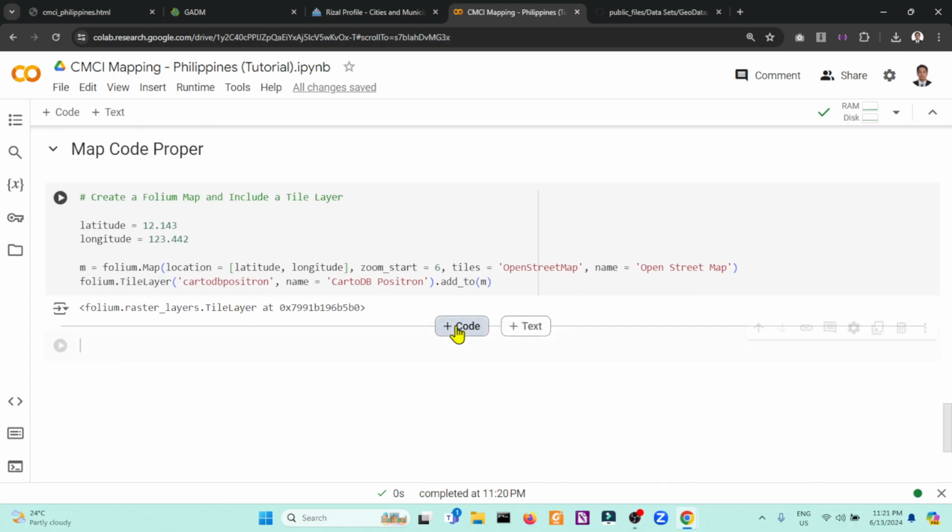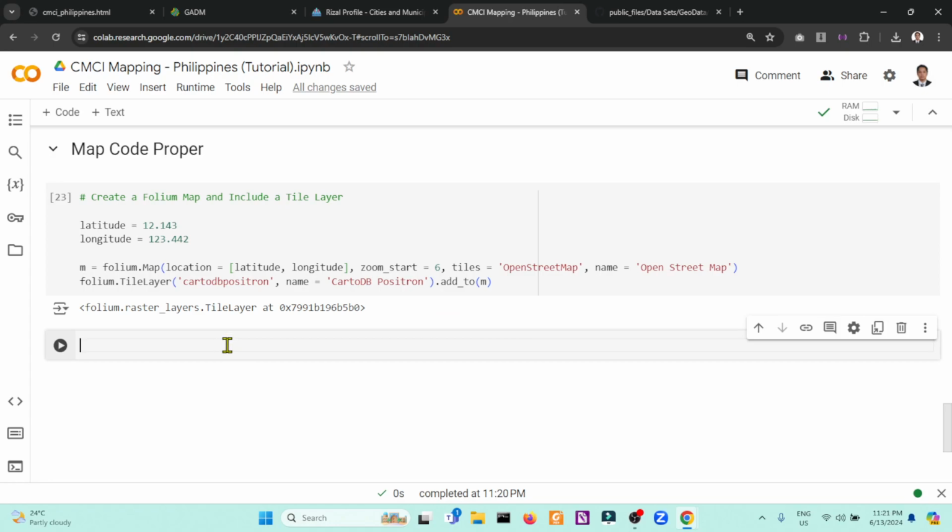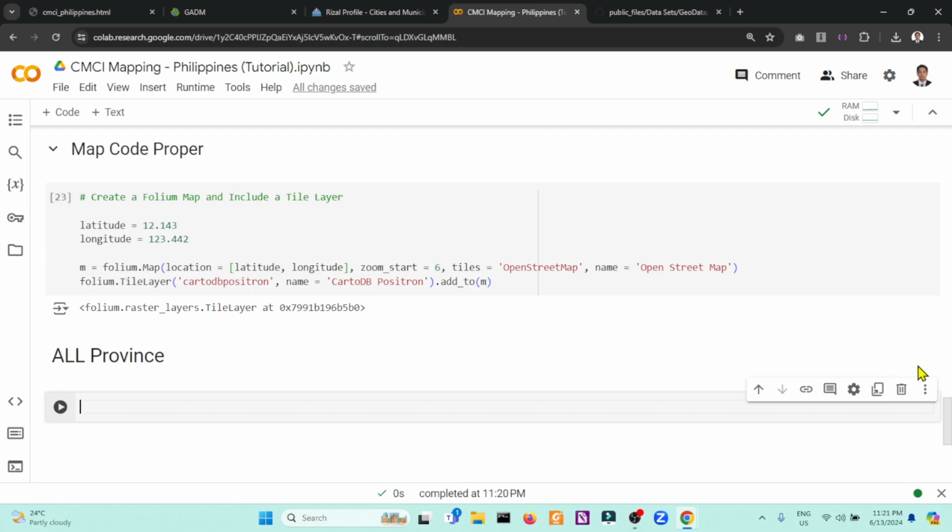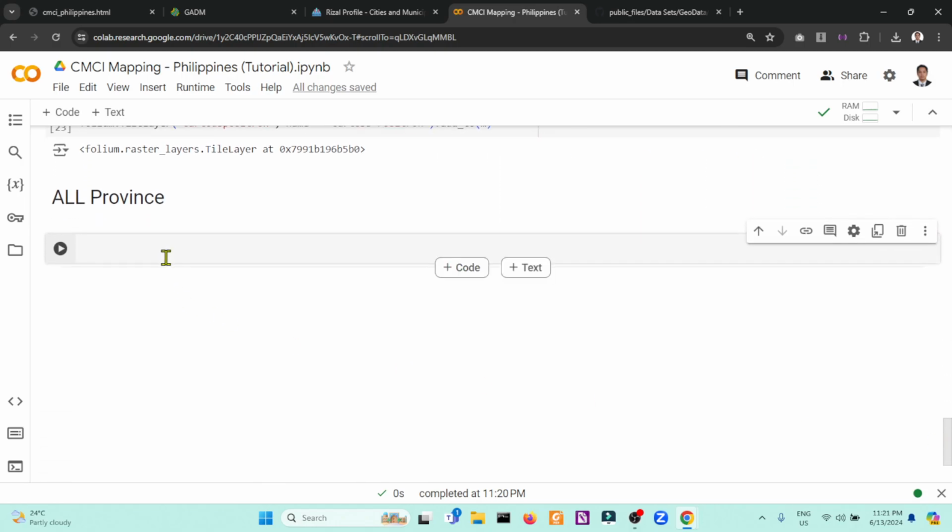So, okay, the next step, we will create a choropleth map with an integrated tooltip, not just integrated, but a customized tooltip. But first, we need to define a function for our custom HTML content. The following code will be a lot, but I will discuss it line by line.